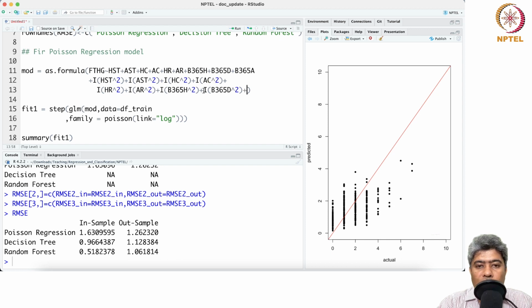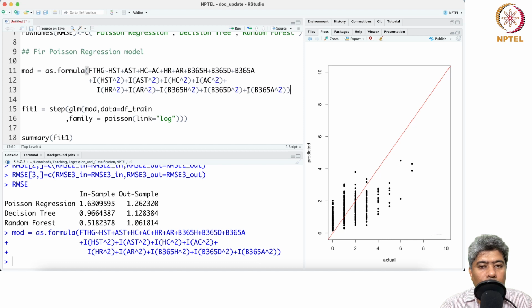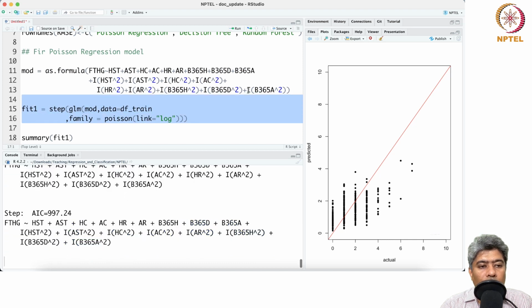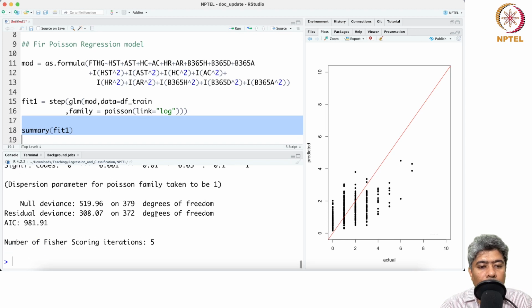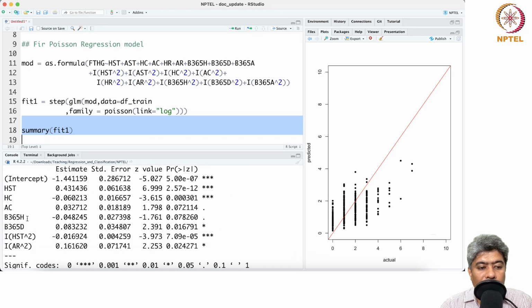So I'm doing some feature engineering here just to check. I don't know whether it will help the Poisson regression model or not, but you can always try some feature engineering. And if you run this and let us see the summary,